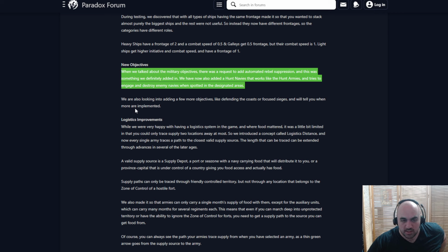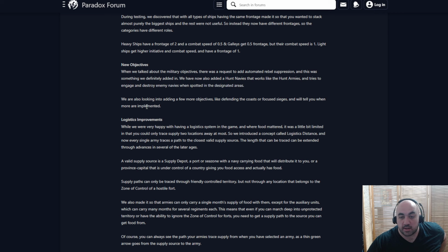player. Something that is really hard to design AI to care about is fog of war, and there is fog of war in this game, so that is just something to consider, because what we saw from the terrain stuff is that there would be fog of war, like with forests and hills and this type of stuff, and so that is going to be a bit of a vibe. We're also looking to adding more objectives, like defending the coast or focus sieges, and we'll tell you when more